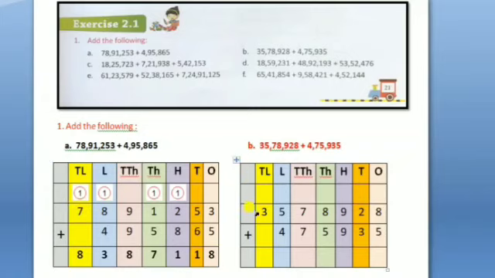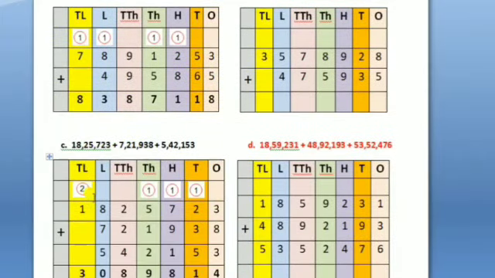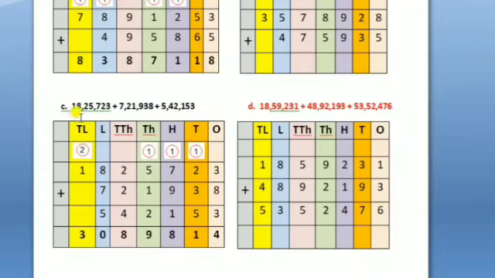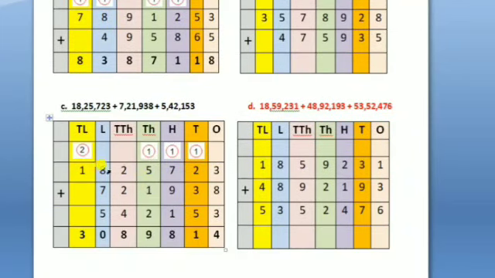D sum, try to solve in the similar manner. Let us see the next sum as C. Now here the change is we have to add 3 numbers. Earlier we have added only 2 numbers. Rules are the same, though you add 2 numbers or 3 numbers. Again, we'll first define the headings. So already the headings are defined. We'll be writing our first number. All the digits we have placed as per the place value. Similarly, the second number and third number we have placed as per the place value.